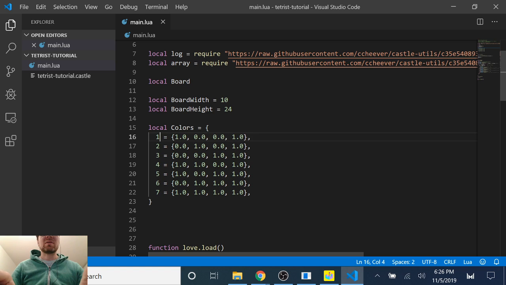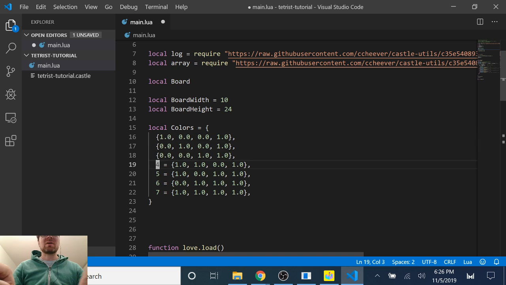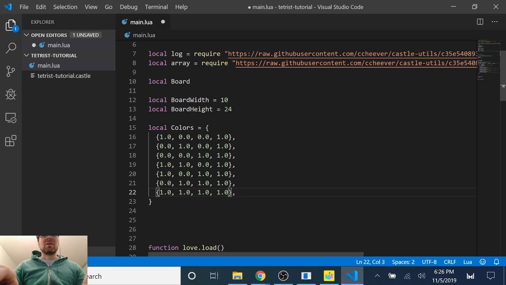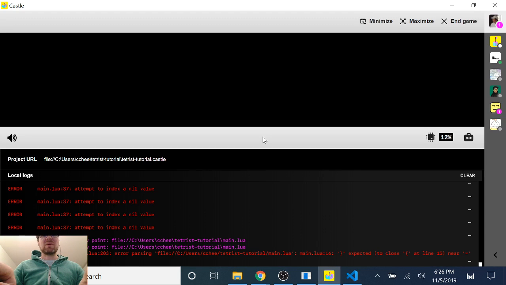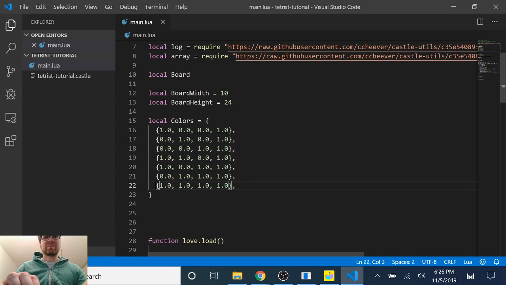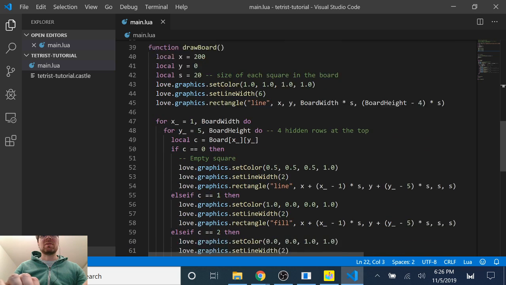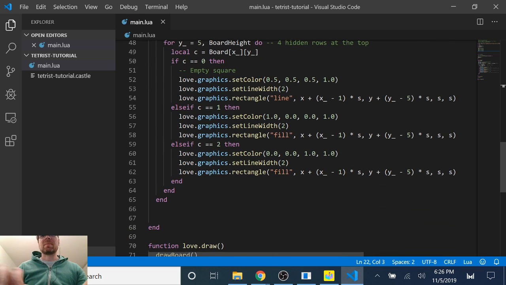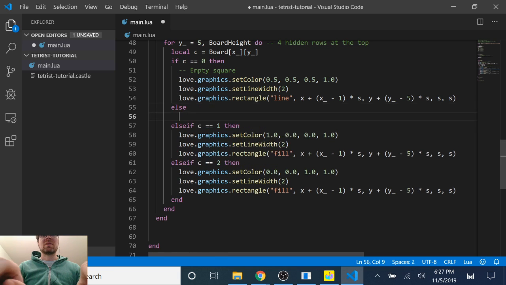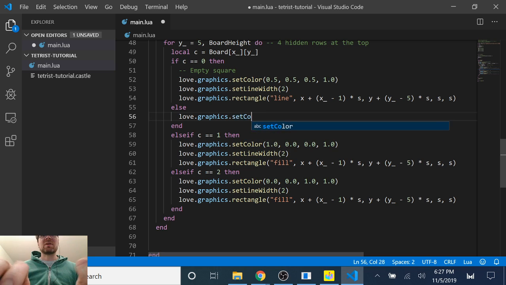Expected. I guess it just doesn't want me to give the numeric indices. So if I do this, this might work. Okay, that looks fine. So I think what I can do here is just say else love.graphics.setColor colors C, and then